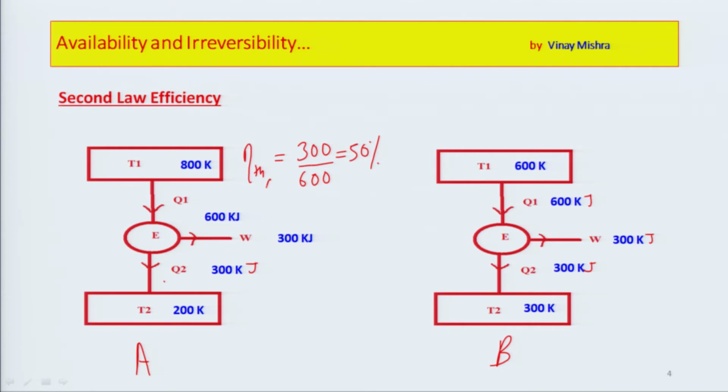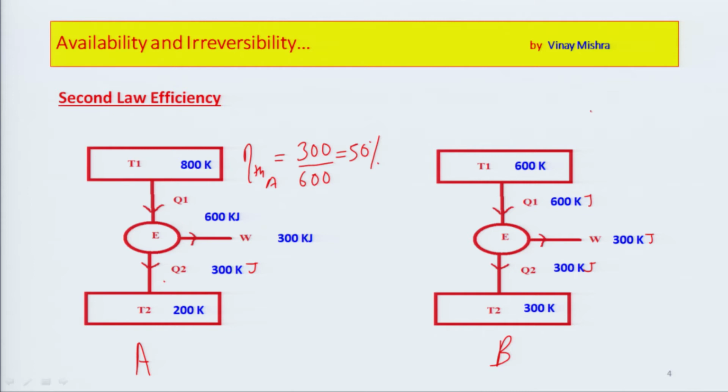Thermal efficiency of A must be equal to the output, what we are getting from the system, divided by the amount of heat given to the system, that is equal to Q1. Then we will have the value of thermal efficiency, which is the same as the actual efficiency of the system itself. So, we can say the thermal efficiency as well as the actual efficiency of this engine A is equal to 50%. Okay, very good. If we talk about engine B,